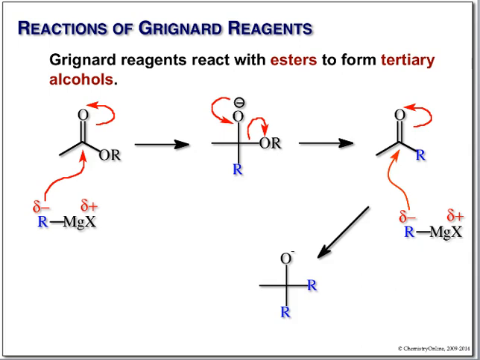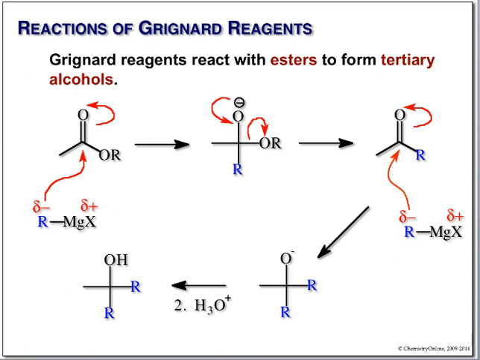We will get this addition intermediate, no more leaving groups, and acid will give us our tertiary alcohol. Just like in lithal, we lose the alkoxy, it's gone forever. Forget about it. Whatever's attached to the other side survives, and we've added 2 moles of our R group to form our tertiary alcohol. The one exception to this,